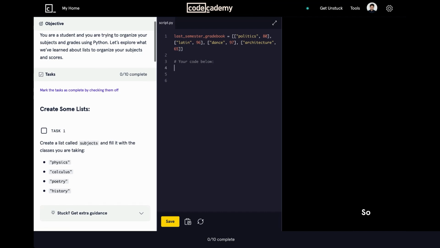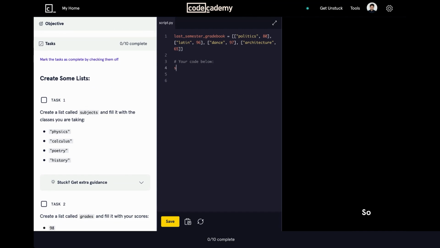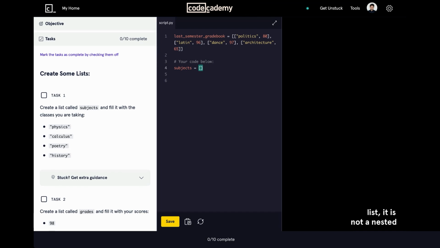So the first task tells you to create a list called subjects and fill it with the classes that you are taking. So the way to do it in Python is to use the square bracket syntax, and note that this is just a list, it is not a nested list. So this is going to be a one dimensional list. And to add items inside this list, so this right over here is an empty list, you can add the items separated by commas. So let's say if you were to add 1 2 3 to it, you could add it like this, but